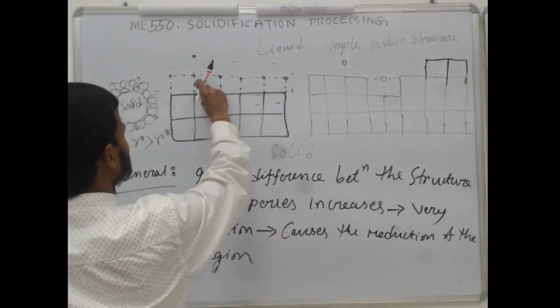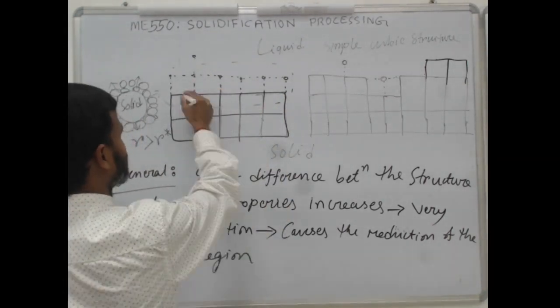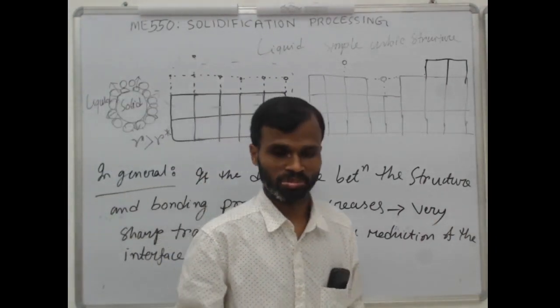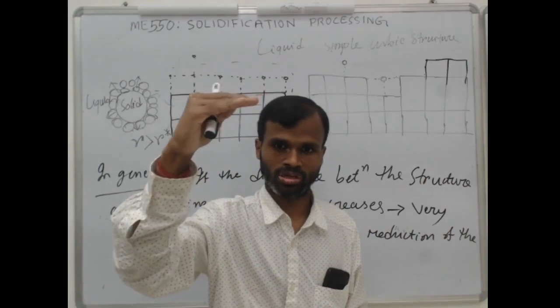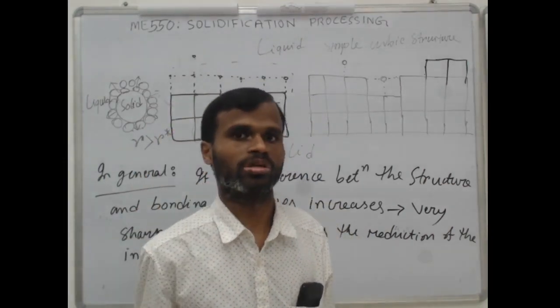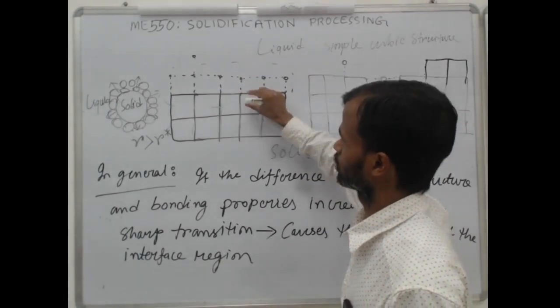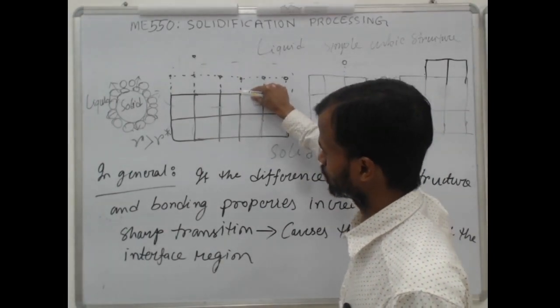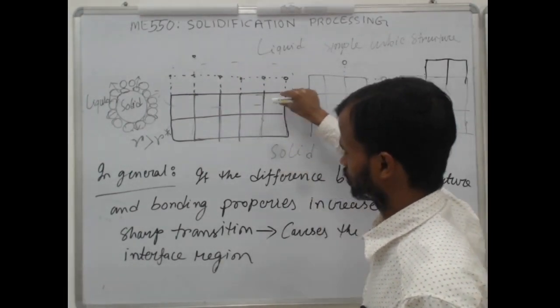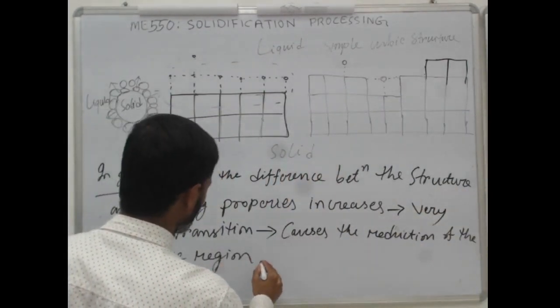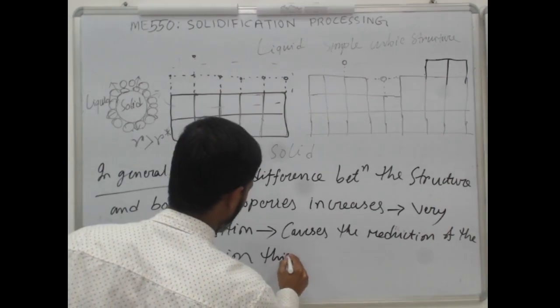The interface region is very narrow, and faceted growth is generally found when you have very sharp variation between the liquid properties and the solid properties. So very sharp change in the properties makes this region very thin and flat, reducing the interface region thickness,